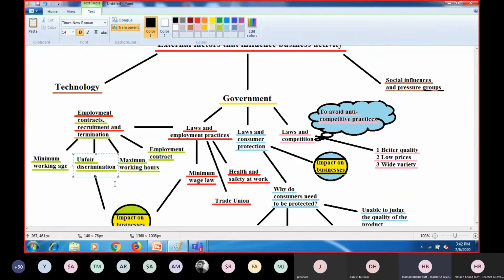Similarly, if you see receptions, generally there are females. Why is it so, do you know? Because sometimes customers are very aggressive, and normally who makes lots of hue and cry? Male members.